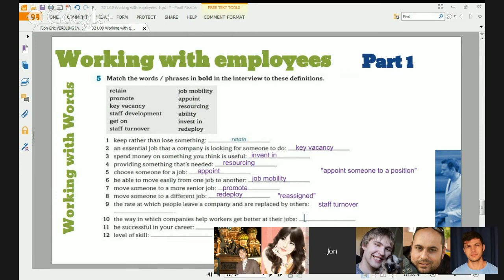I was just saying, you're right, Shadow. And when you're right, you're right. So, staff turnover. Turnover means to leave and be replaced. Turnover. Yuki, number 10. The way in which companies help workers get better at their jobs, it's